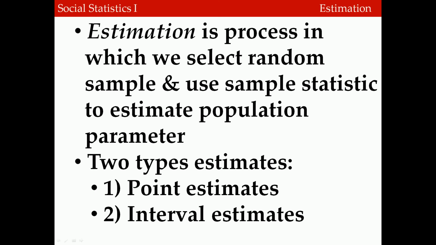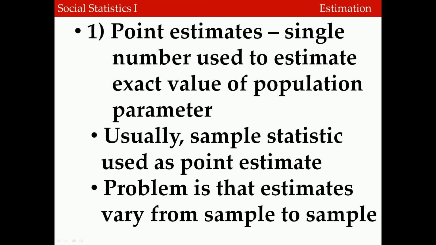And so there's basically two types of approaches to estimation. One is called point estimation, and the other is called interval estimation. Point estimation involves using a single number to estimate the exact value of the population parameter. So typically we use a sample statistic as a point estimate of the true population parameter. So for example, if we wanted to figure out the average income of all Americans, we could take a sample and calculate their income,